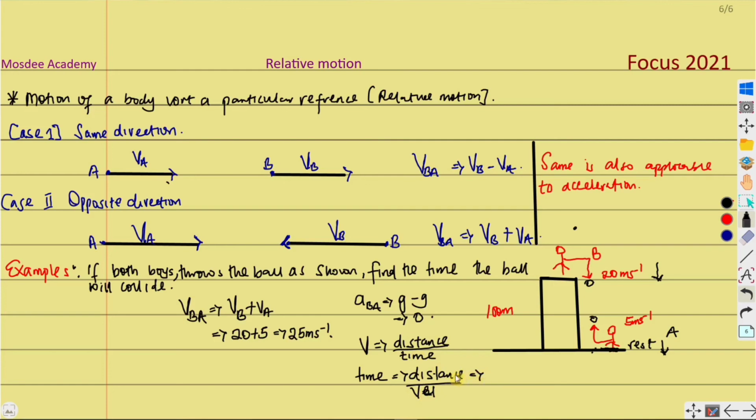So here the distance between the two bodies, they are separated by a distance of 100 meters. So if we take 100 divided by the relative velocity of B with respect to A, which was given as 25 from our calculation, it will give us nothing but 4 seconds, which will be the time the two balls will collide somewhere around this position. So guys, this is where I will